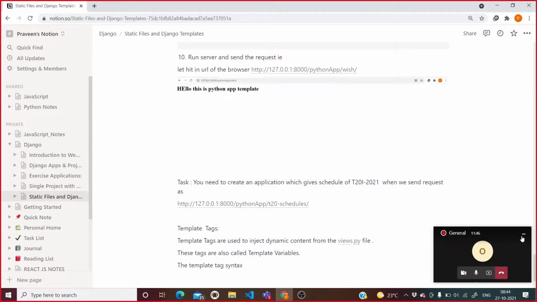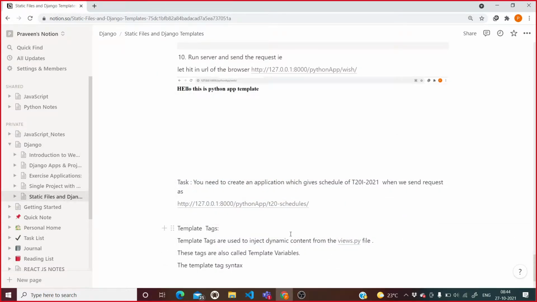Perfect. So see here, we are talking about template tag. What is a template tag? A template tag is something which can be used to inject some dynamic content from our backend to the front end. And the syntax of template tags is quite different.